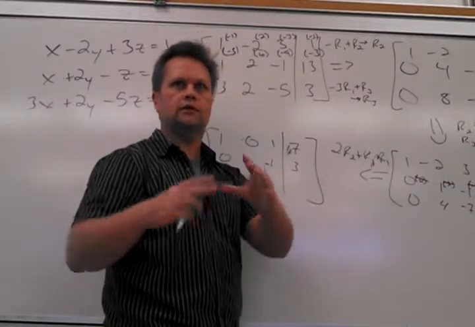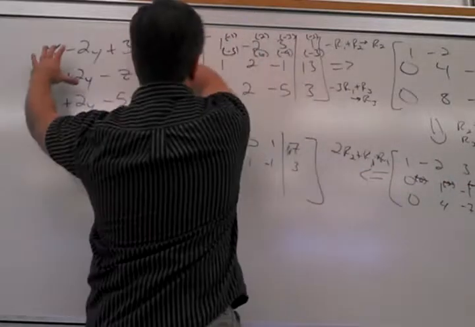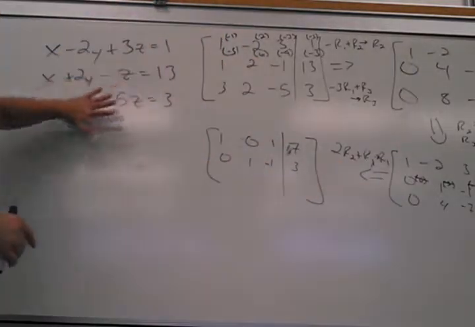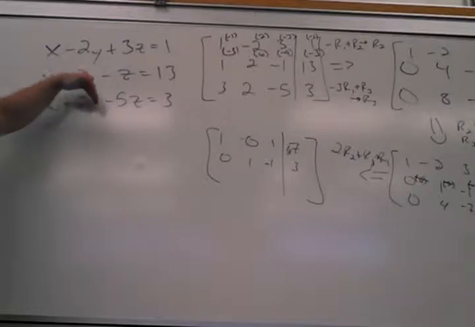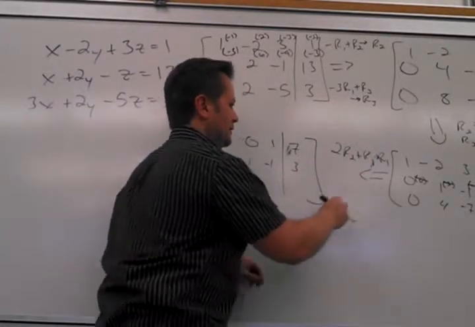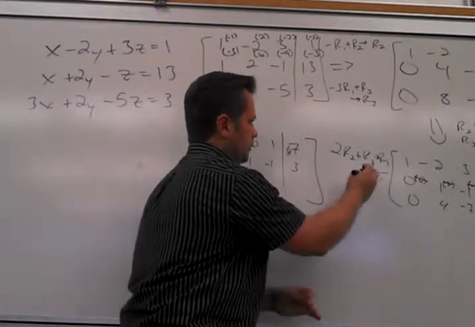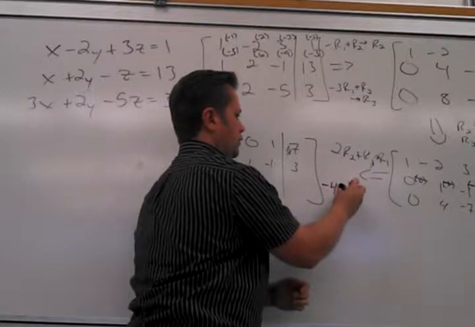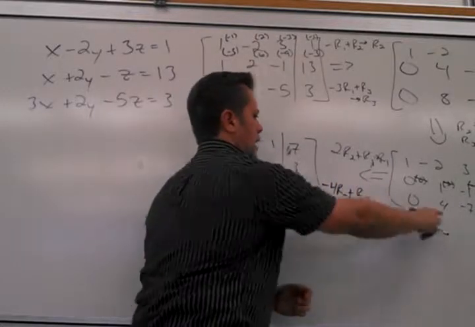Just trying to make zeros, because that corresponds to doing what in the equations? Making a 0 in here means what happened to the equation? Killing a variable. Killing a variable. Alright. It sounds like a protest video. He's killing again. So now I want to take row 2, multiply by -4, add it to row 3, and